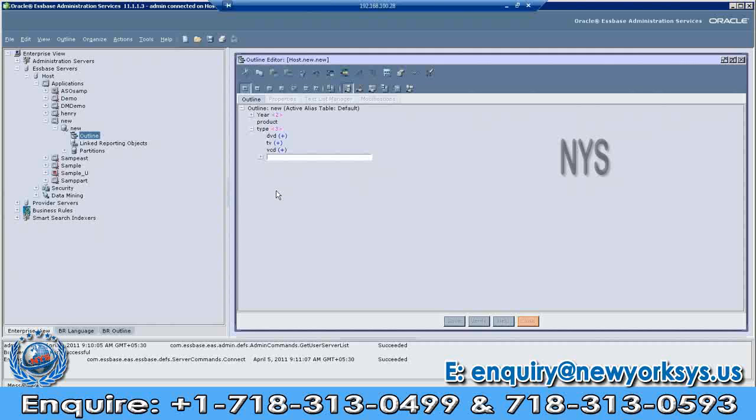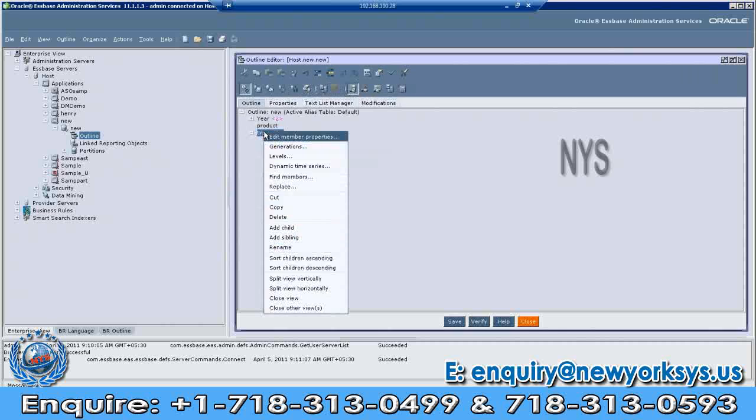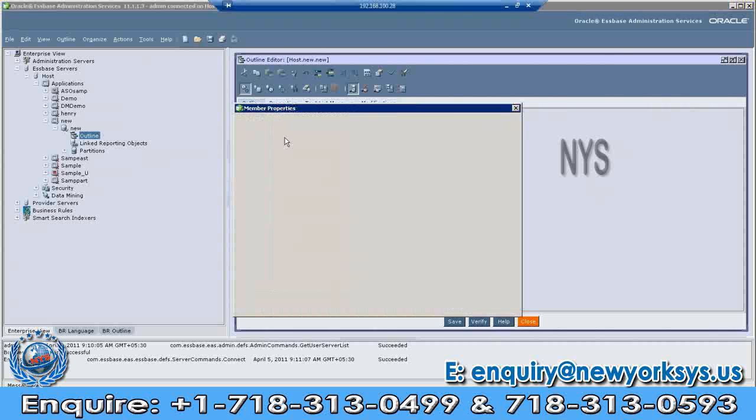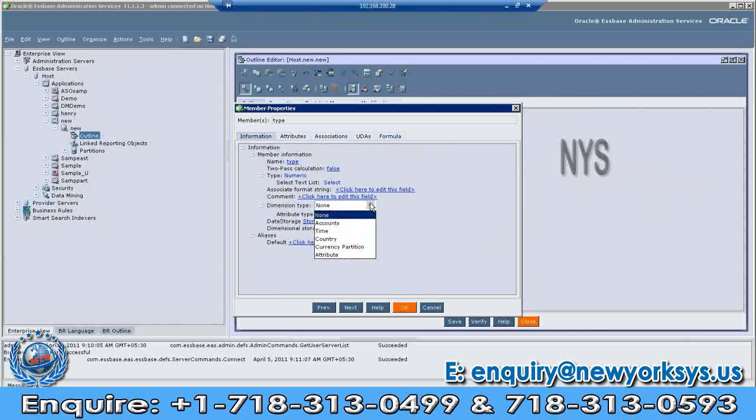Now you have done that, right? Now right click on type, edit member properties. Now you can find the dimension type, right? Click on that, and you will be finding attribute.